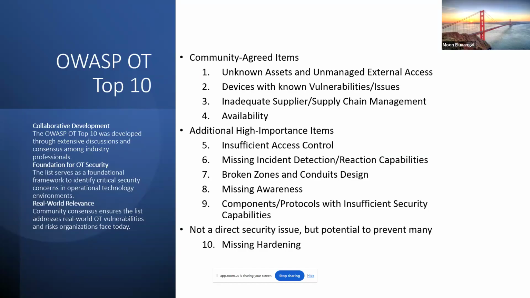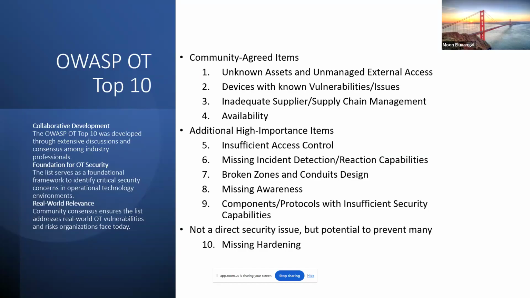I will come to that point a little later. But I am trying to do a close mapping between the two. 62443 is, of course, a standard, and the OWASP OT Top 10 are the high risks identified by a community-led project. So, going on to the OWASP Top 10, as you already know, it is a collaborative